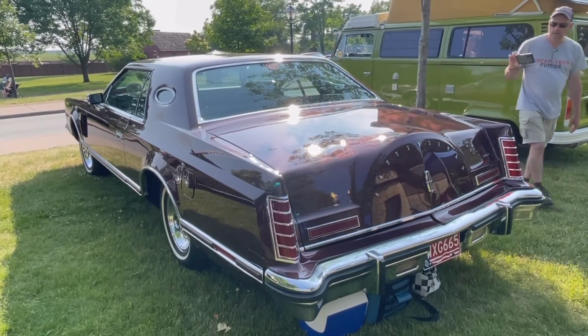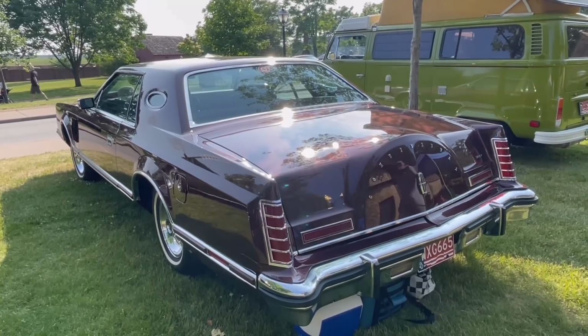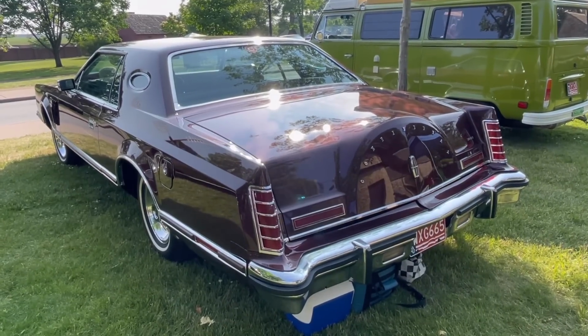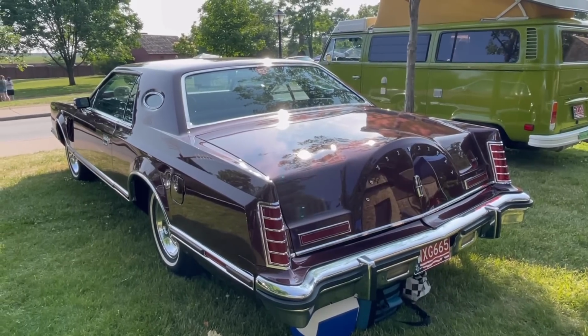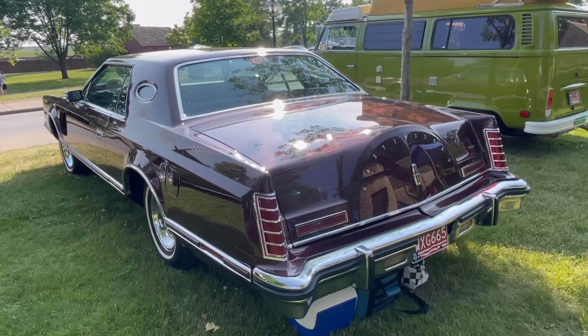And the Mark V did have this return to Mark III style blade-like taillights that were vertically oriented. If you recall, the Mark IV had horizontal taillights, but the Mark V returned to its Mark III roots with this particular taillight theme, although it does have some decorative horizontal elements to it, whereas the Mark IIIs were pretty